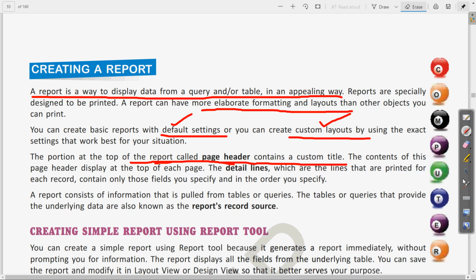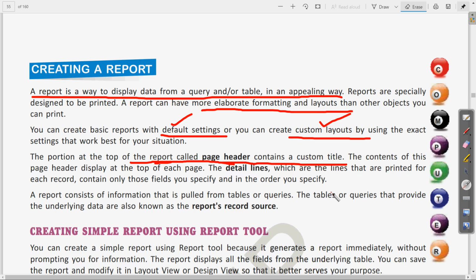Then the contents of this page header display at the top of each page, and the detail lines, which are the lines printed for each record, contain only those fields you specify, in the order you specify. Clear?